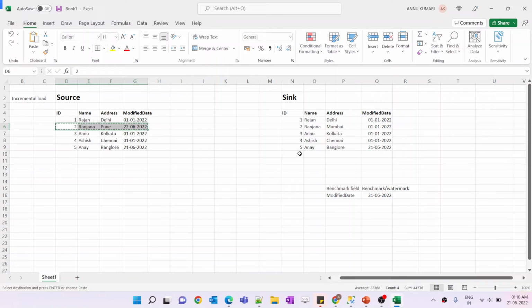So we have to only copy this record. What happens if we directly copy the record? It will create a duplicate, right? So we have to apply the concept of upsert or merge in this place. This upsert concept we will cover in our next video, but for now we will try to copy it